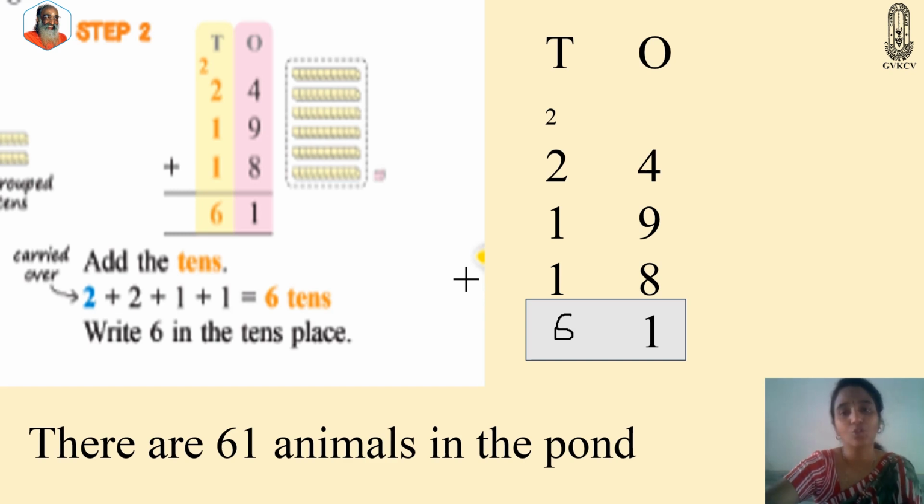Now let us go through our procedure. Now 2 plus 2C. This is the carried over 2 and this is the 2 of 24. Now 2 plus 2, how much? Keep 2 in mind, take 2 fingers. After 2 comes 3 and 4. For this 4 you have to keep it in mind and add 1. 4 plus 1, the number after 4 is 5. So here 5. 5 plus 1, the number after 5 is 6, right? So I wrote 6 over here. So totally how many animals were there in the pond? There were 61 animals.